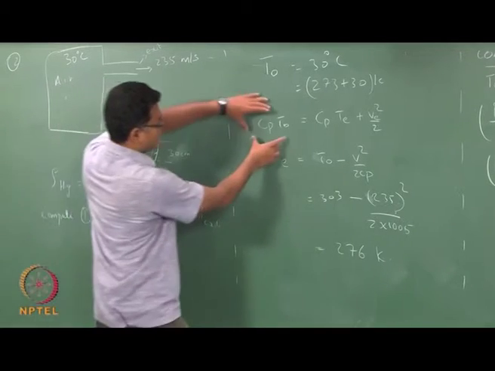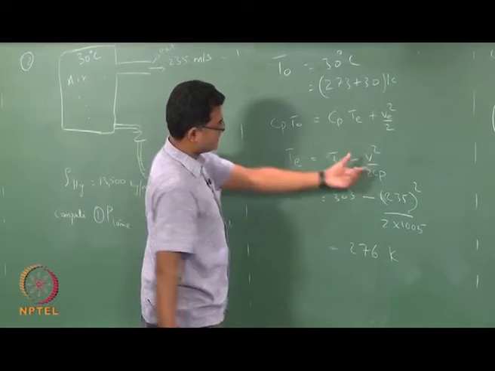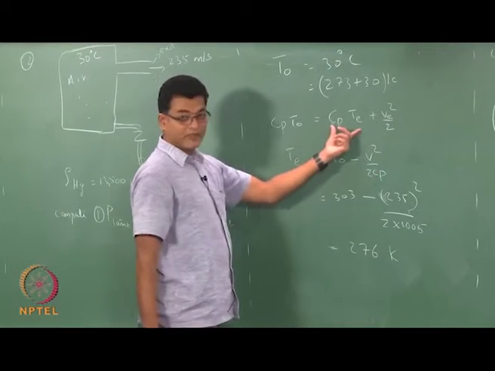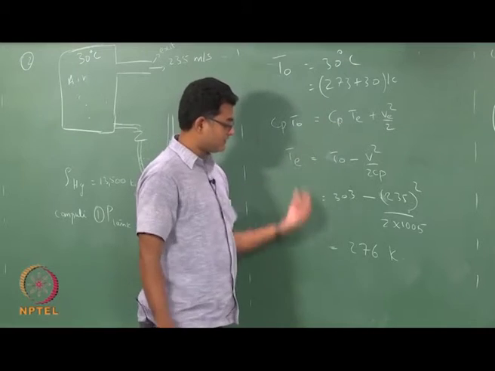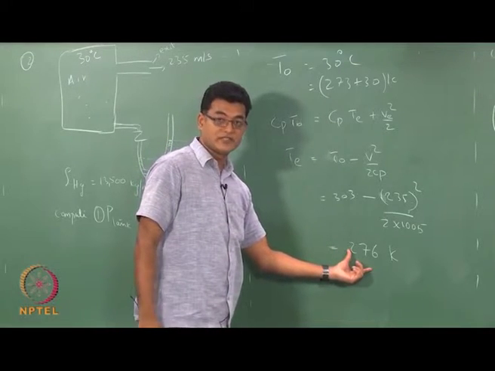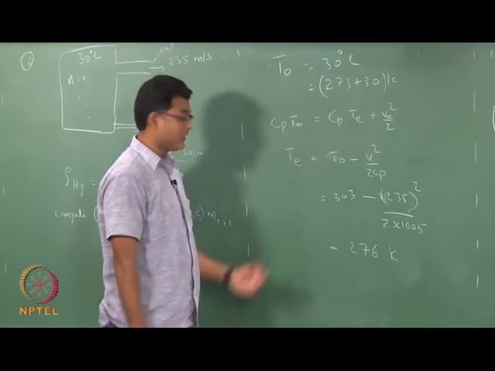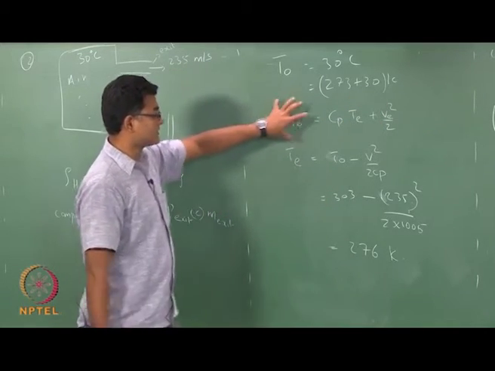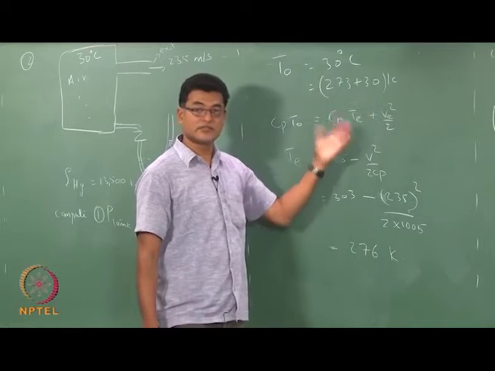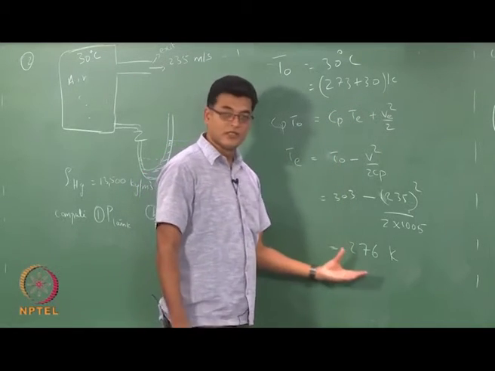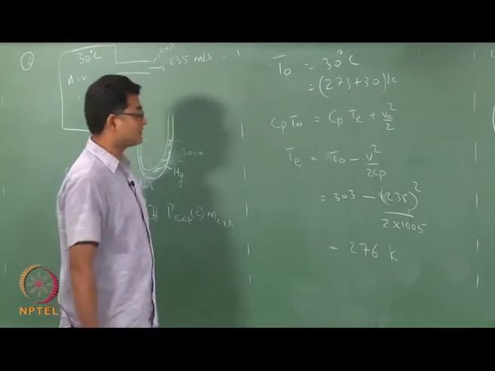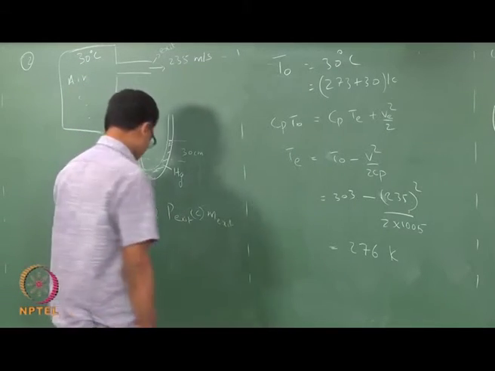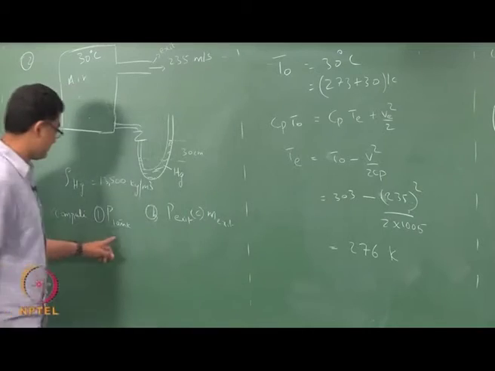So, this enthalpy is used to generate this particular kinetic energy. While doing that, the enthalpy of the air has reduced, which means the temperature has reduced to 276. That is the meaning. So, it is a balance of energy. This energy is converted to kinetic energy, some heat content is lost. So, you get a reduced temperature. So, it is an expansion process where the temperature is reducing. Okay. But the question is to find P tank.